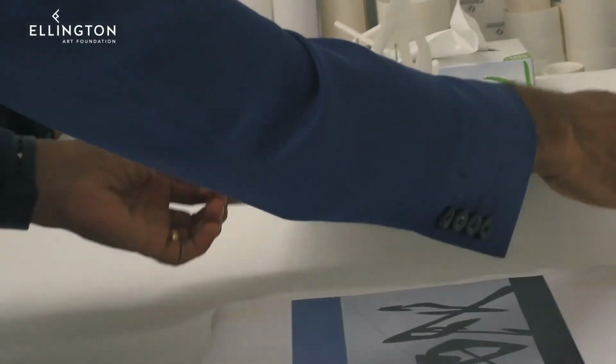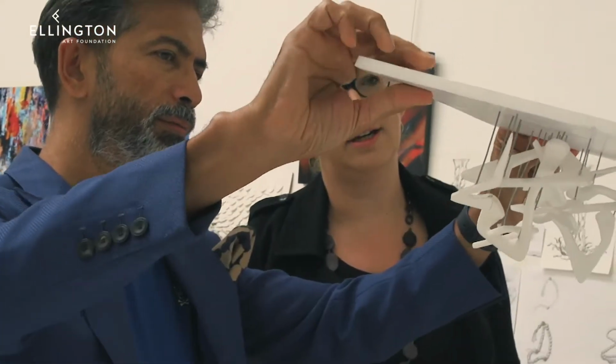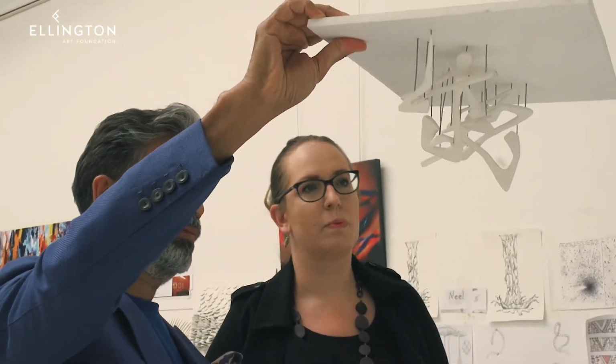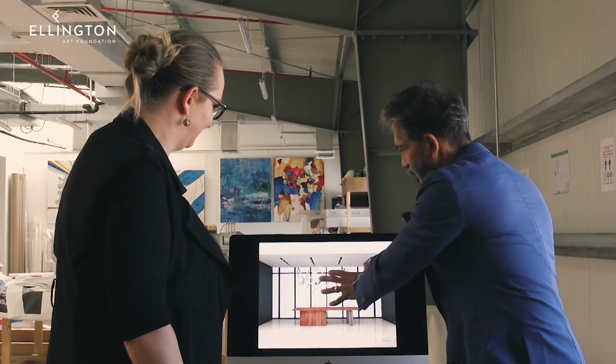And once that is established, we'll start into a clay model. Again, crafting by hand to understand the materiality, what it would look like when we're trying to make it. To me, that process is very important. And it's the most fun part of the process because we fail so much and we fight, we argue, which is great. And once we establish like 15-20% of what we're aiming at, this is where technology kicks in,